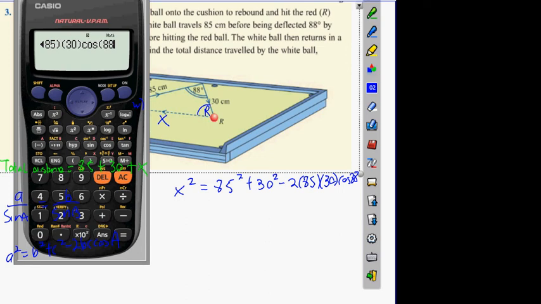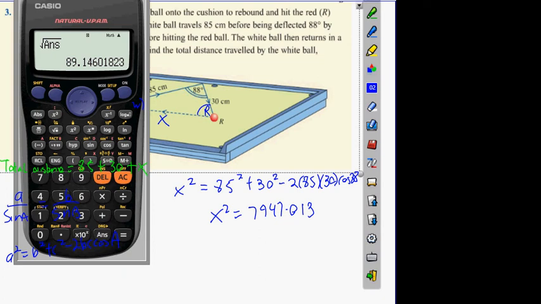Now what I do, guys, in the exam, I leave it as that there, so 7947, yeah? X squared equals 7947.013, I suppose. And then I just square root the answer here. Square root of answer,